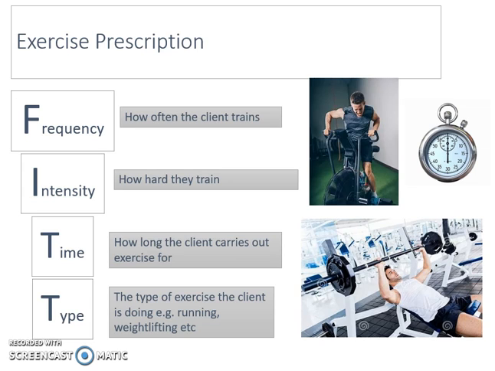As you can see on the screen, the FIT principle involves the frequency of the exercise, which is in other words how often it's carried out. The intensity is how hard they train, so it could be a certain percentage of max heart rate. Time is how long the exercise is done, and finally type is very simply the type of exercise you'll be prescribing, whether it's weight training, running or swimming, etc. For each specific group, each principle will vary